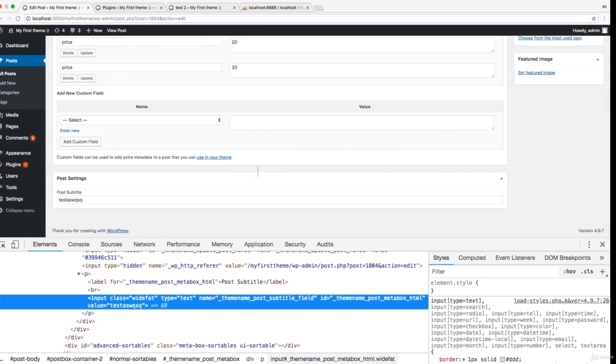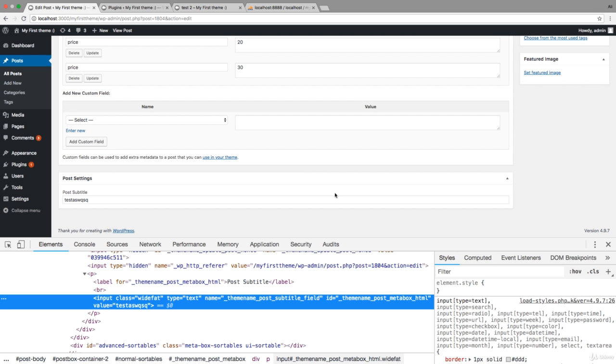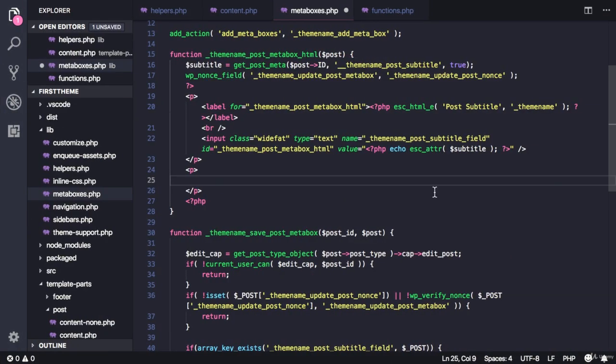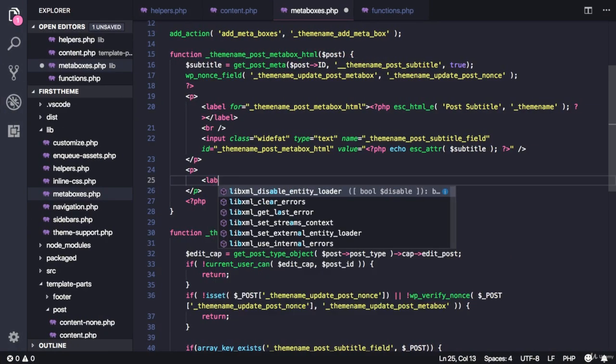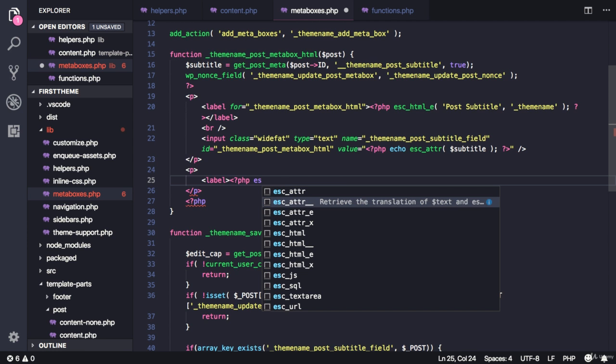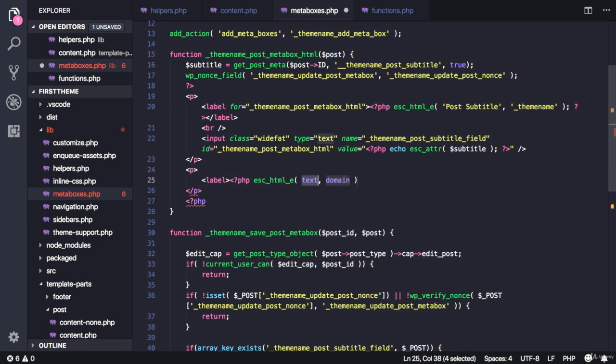For every post we need the user to have the ability to choose whether the layout should be a full screen layout or the post content with a sidebar. So let's add a drop down that will contain these two options. So let's add a label. Let's escape and translate and echo. Let's call it layout, and our text domain, and close the label,